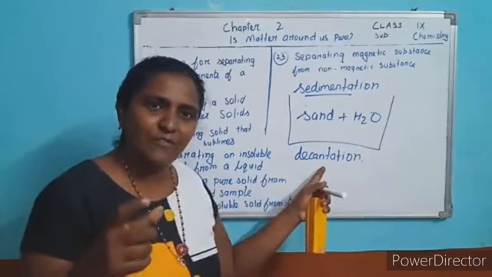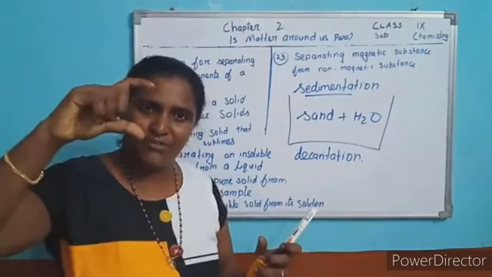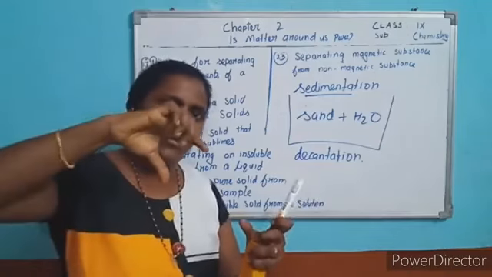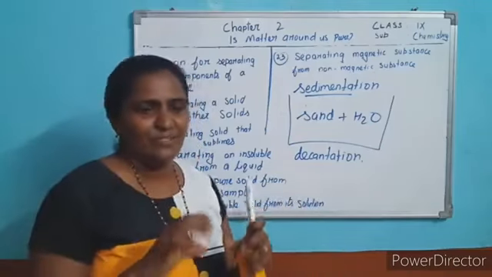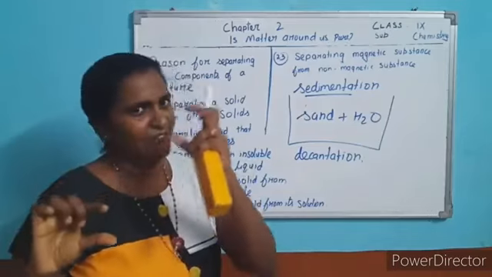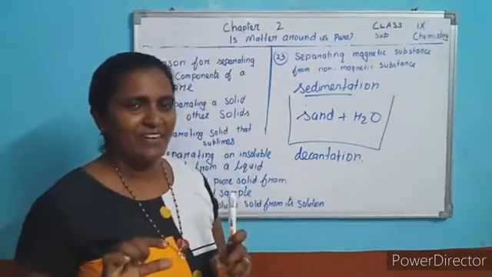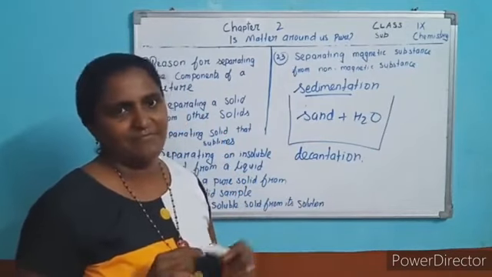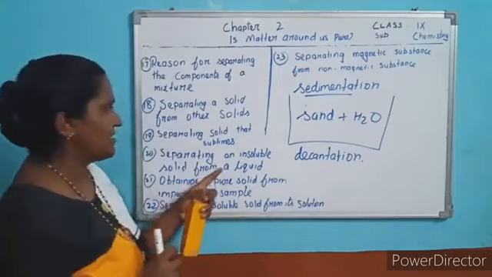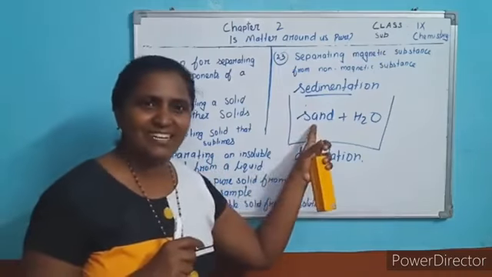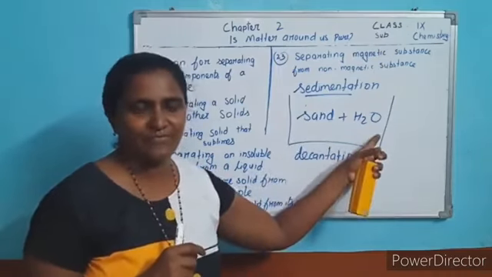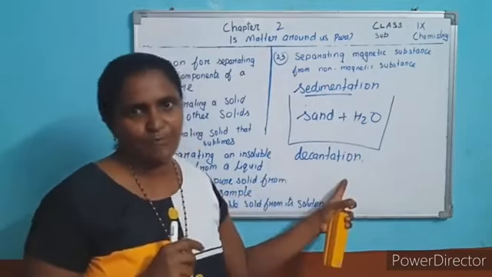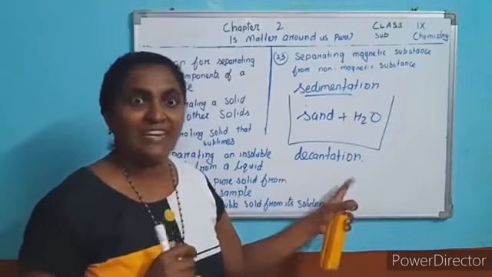And slowly, after 3 minutes, pour the liquid without disturbing the base portion of the substance. Slowly pour into another beaker. So we can separate the heavy substance from the top liquid. Understood? So this is called decantation. So what is the question? Separating an insoluble solid from a liquid. Which process? First allow it to sediment, then go for the decantation process. Understood? Or filtration.